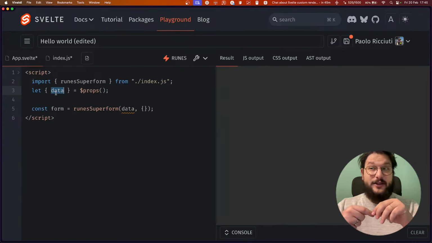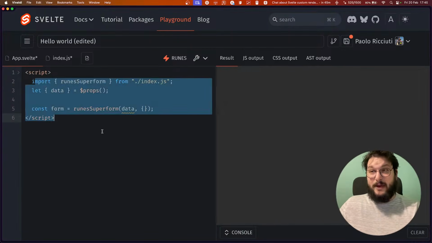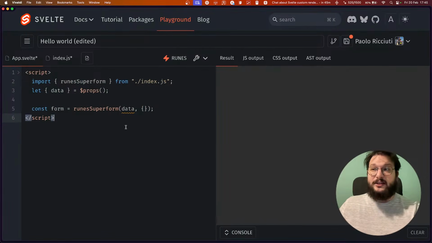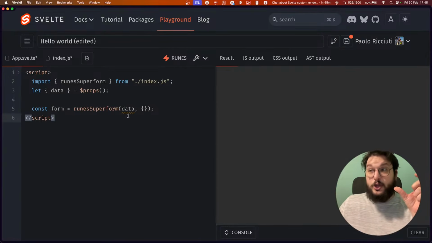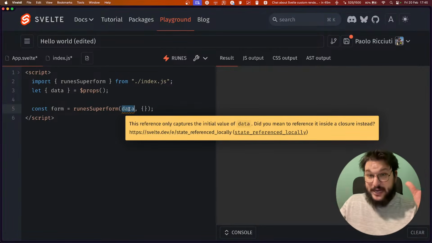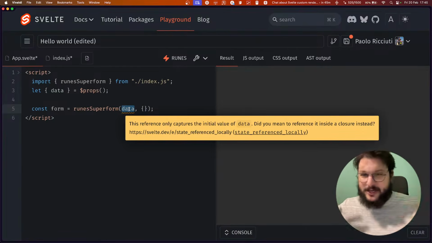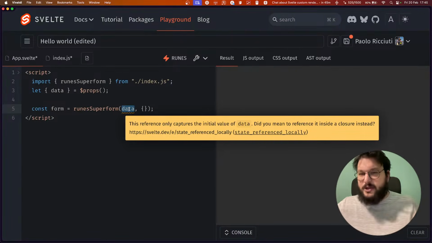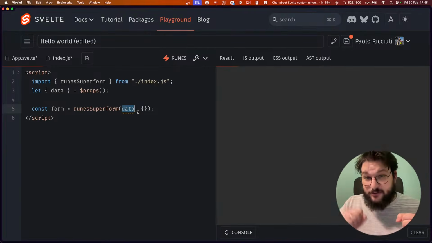So the point is, if one day you find yourself mounting this +page.svelte in a way where the user can navigate between the routes, you do want this to update whenever data updates, because otherwise you will find yourself with an old version of data. So, it is debatable. I understand that sometimes it can be frustrating, but even if you really, really, really are